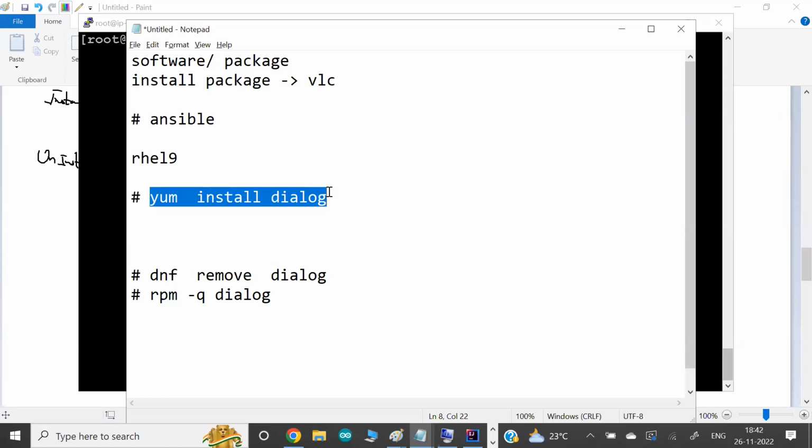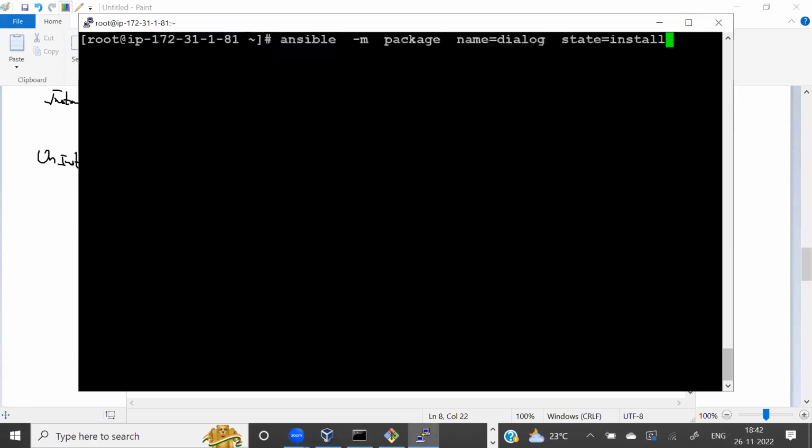But if I create the script with Ansible, the command is always the same. Any new version or any other OS, the same command will work exactly the same. You don't have to change any bit. I'll show you some other demos also by running this command on other OS.